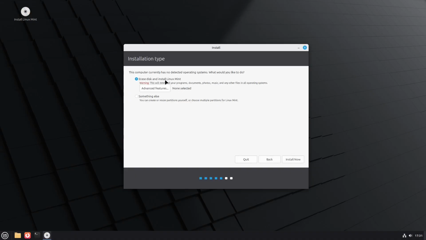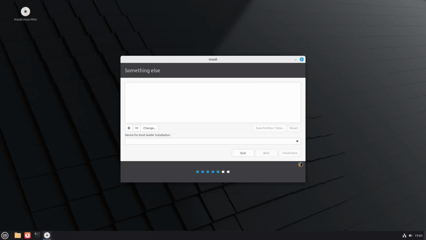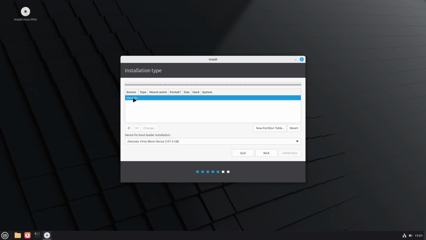Okay, now here, don't use this option. This is for beginners. You should not use that. Let's go for something else. This is what I'm talking about. So for something else, go to continue, and you will see, if your drive is fresh, something like